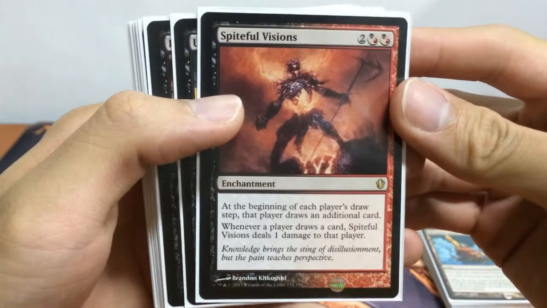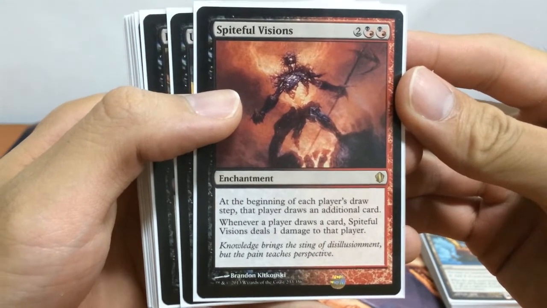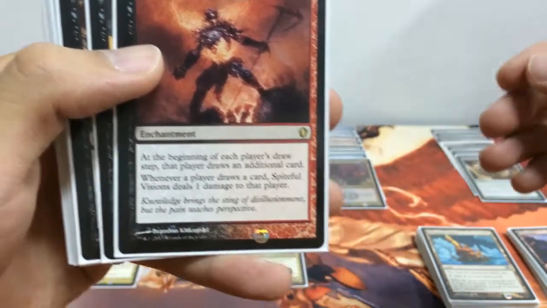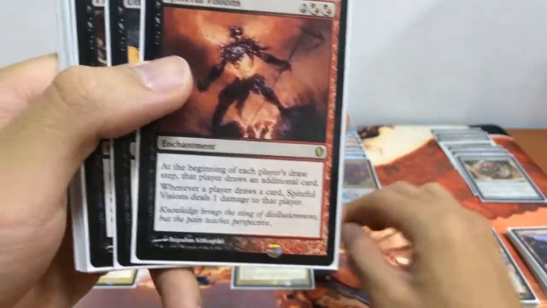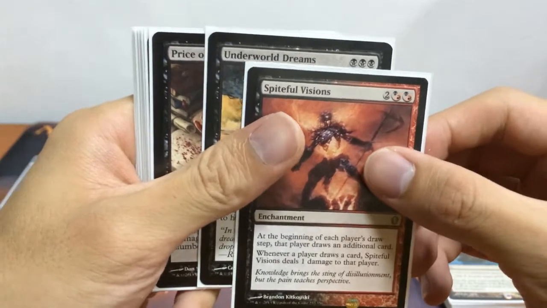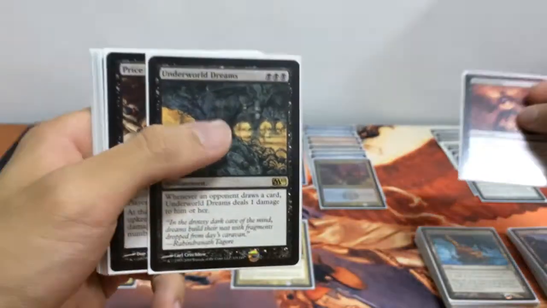First up, we have our Spiteful Visions enchantment. At the beginning of each player's draw step, that player draws an additional card, and whenever a player draws a card, Spiteful Visions deals 1 damage to that player. So you can see, in conjunction with our commander and Spiteful Visions, every time a player draws 1 card, they will take 2 damage instead of 1. And in conjunction with Howling Mine, each player will draw 4 cards per turn and take 8 damage per turn,